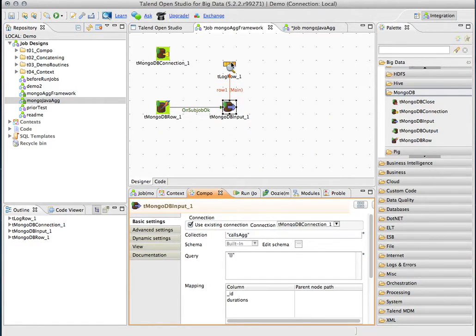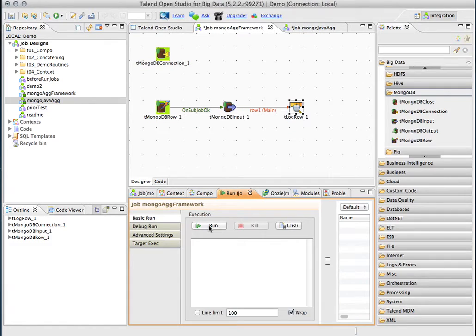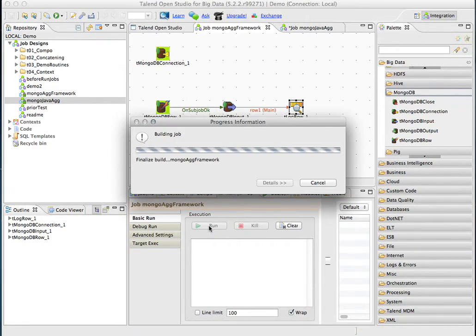And then finally I'm going to log it to my console, as I did in my last job. So it's exactly the same job that I had before. It's just doing it a different way, without pulling the data out of MongoDB. So if I run the job,